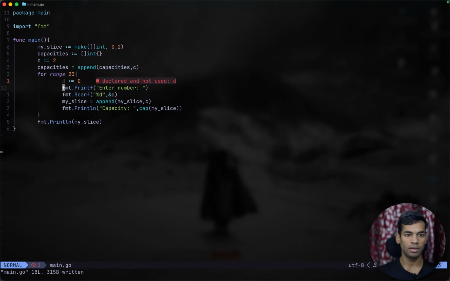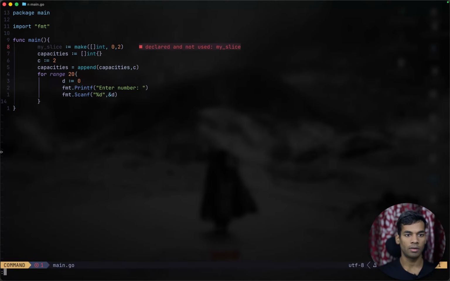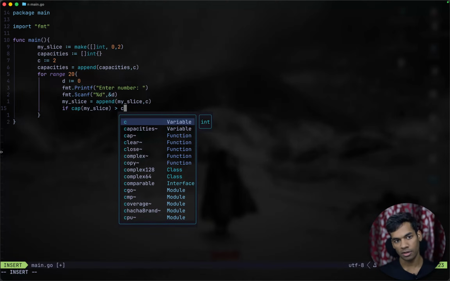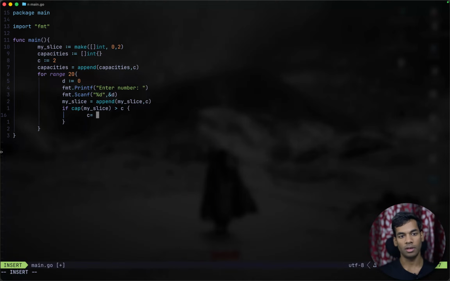We'll say d, enter number d, and don't print this, and yes, take this, and also append to my slice, and if current capacity of my slice is greater than the last capacity, then